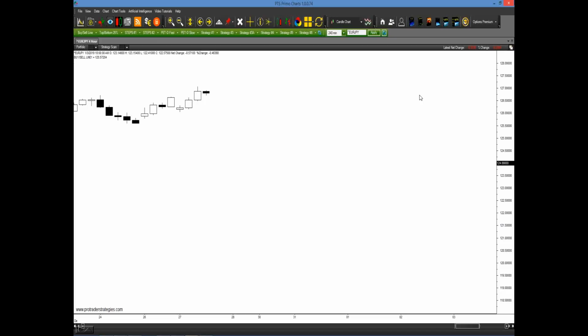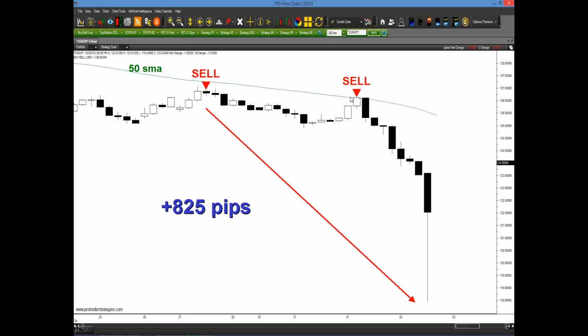Here's a 4-hour chart of the euro-yen. A lot of currency pair traders like to trade 4-hour charts. We are below the 50, so we're only going to be a seller on this 4-hour trade. Well, here was a sell signal generated here. And it went down a little bit in the next couple of days, but then it started to bounce up again. Now, if you're the type of trader that likes to get in and out quickly, you most likely would have exited with a small gain. But if you want to stay in for the long haul, you would have been reassured that you were on the right side because another sell signal was generated here, even though it was just barely touching the 50,